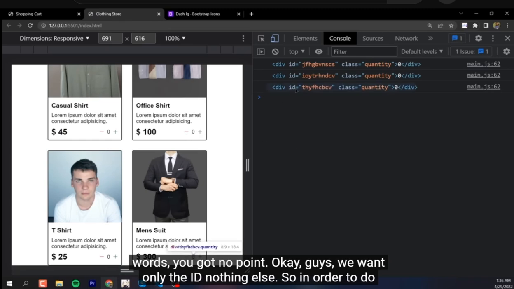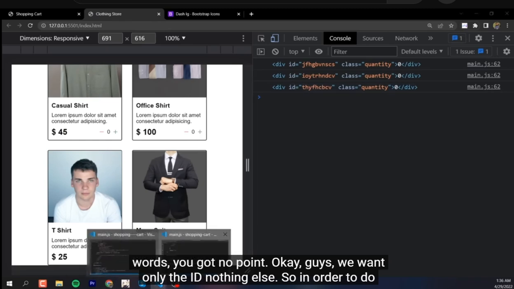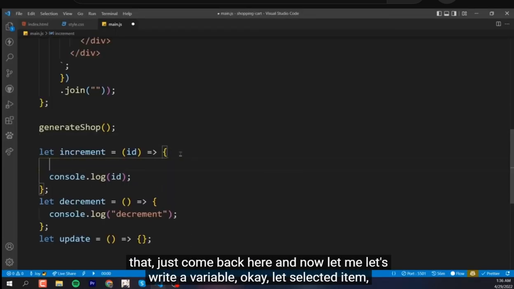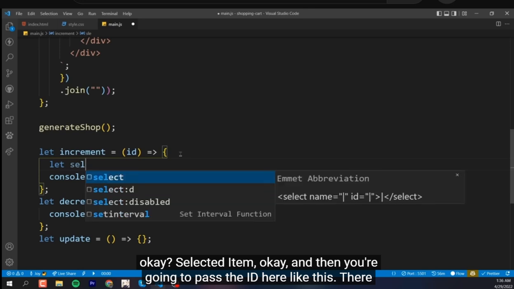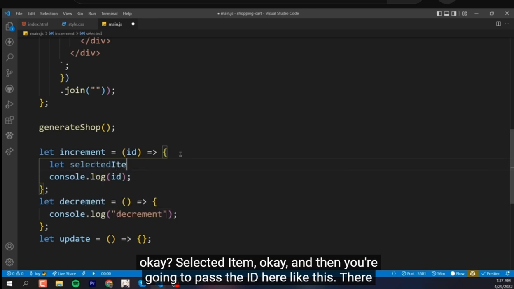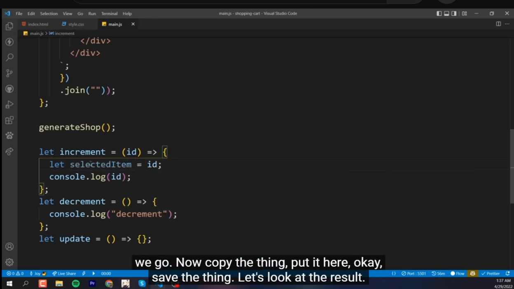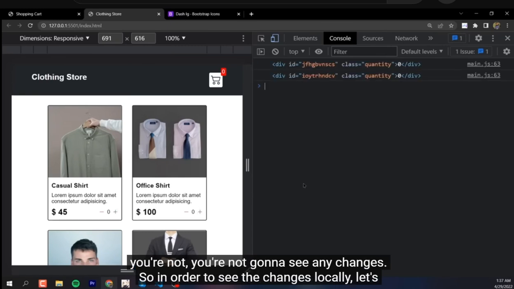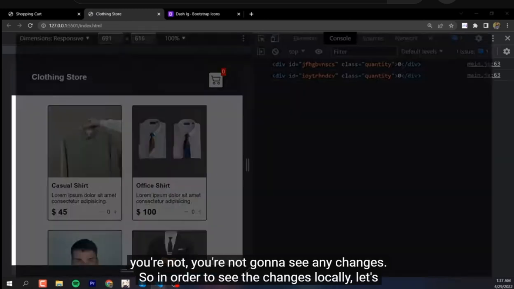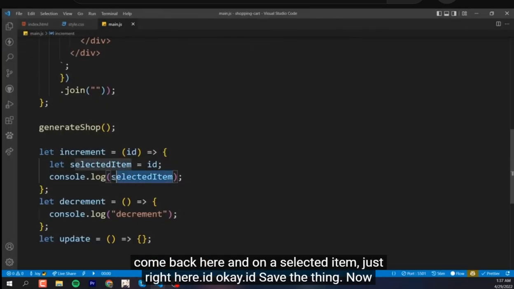Okay guys, we want only the ID, nothing else. So in order to do that, just come back here and now let's write a variable. Let selectedItem. Then you're gonna pass the ID here like this. There we go. Now copy the thing, put it here. Save the thing. Let's look at the result. If you click on here, then you're not gonna see any changes. So in order to see the changes, look at this. Let's come back here and on the selectedItem, just write here